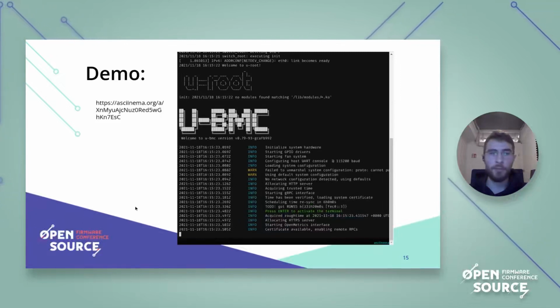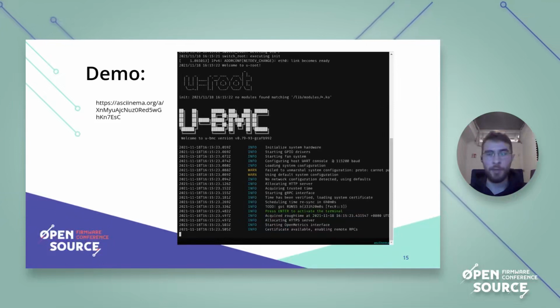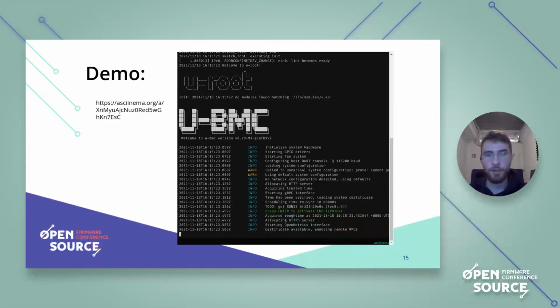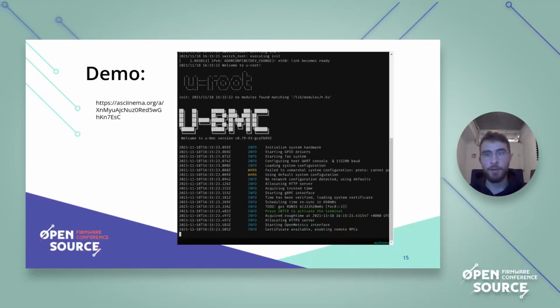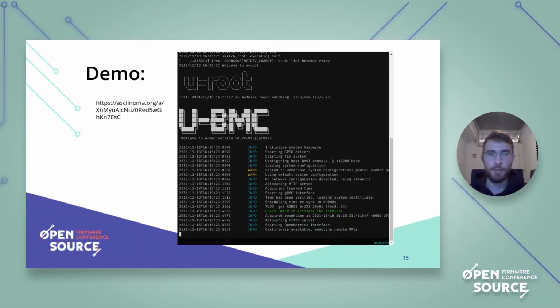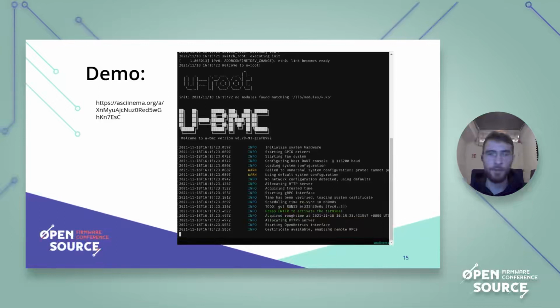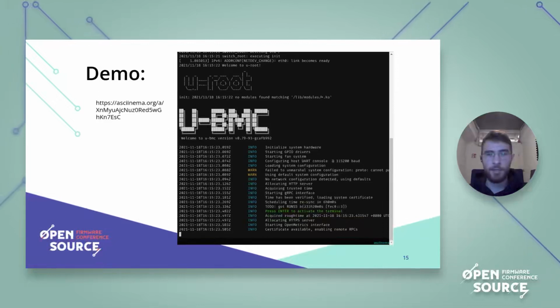After UBMC has booted up, you can see in the logs already what has been done. So our system hardware has been initialized, our GPIO drivers are getting started up, the fan subsystem runs, and the UART console is now running at the correct baud rate because we're already viewing the system using the serial console. After that, the trusted time is going to be fetched because one of the main features of UBMC is actually